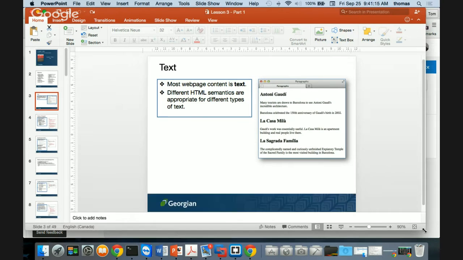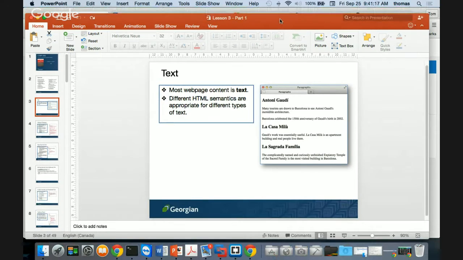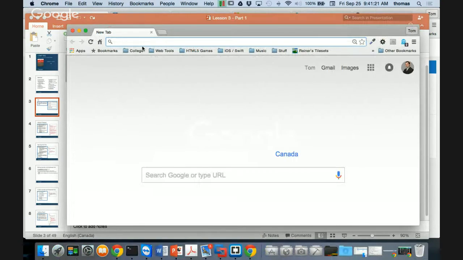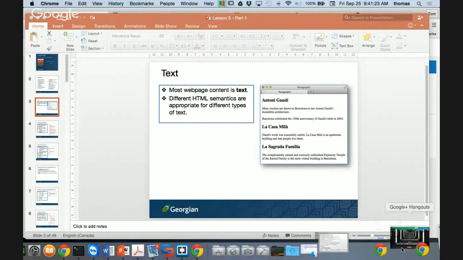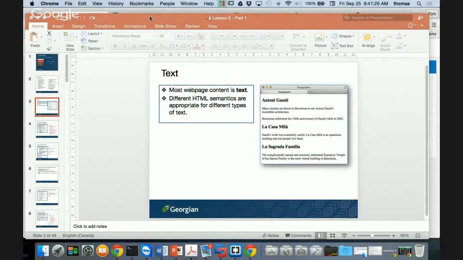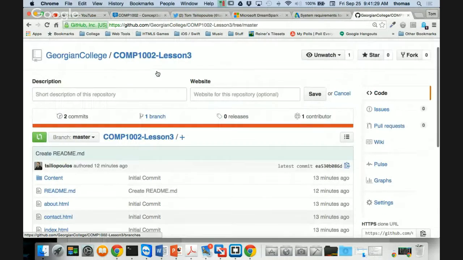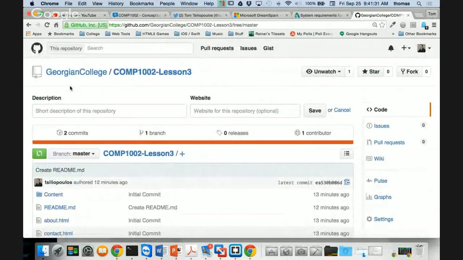For those of you who couldn't make the other demo that I was doing, you can make the 5-page site work. You can always find my files on my GitHub link. And if you notice, the link would be github.com/Georgian College, right,